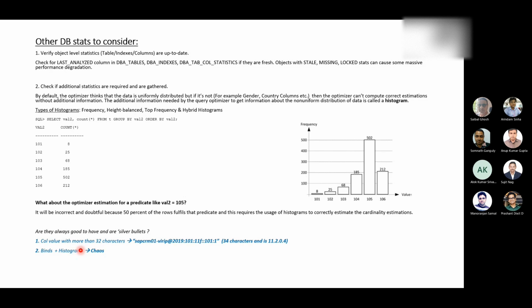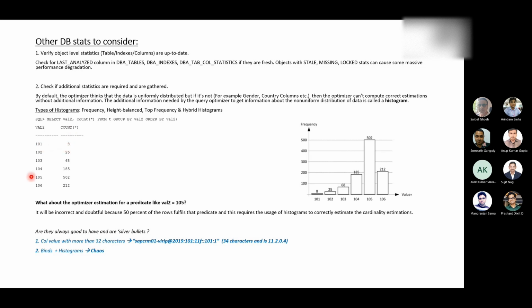Because I was giving a reference to the example which I just used, where the statement uses a bind variable, and the query goes to the database the very first time and gets parsed. At that point, bind peeking happened. So I was taking the example where val2 equals 101. The first time it happens with val2 equals 101, an index range scan happened.